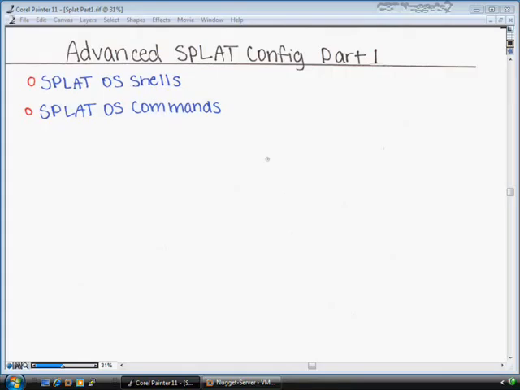In this nugget, we covered our SPLAT operating system shells, where we saw our standard mode shell and our expert mode shell, and then we looked at our SPLAT operating system commands that we want to be familiar with, and we looked at a lot of the administrative type commands and different things, like I said, that might be common knowledge to some Linux and Unix users, but I want to make sure everyone's comfortable with our